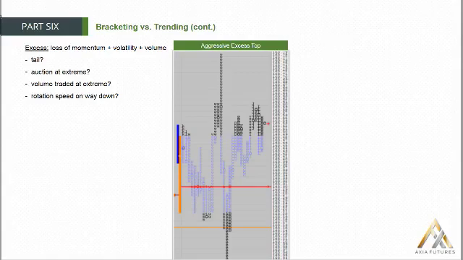So note, remember we said the aggressive excess is top. It includes three things: volume, volatility, and a loss of momentum. So in terms of volatility, what do we mean by that? Well, if you look at the size of the